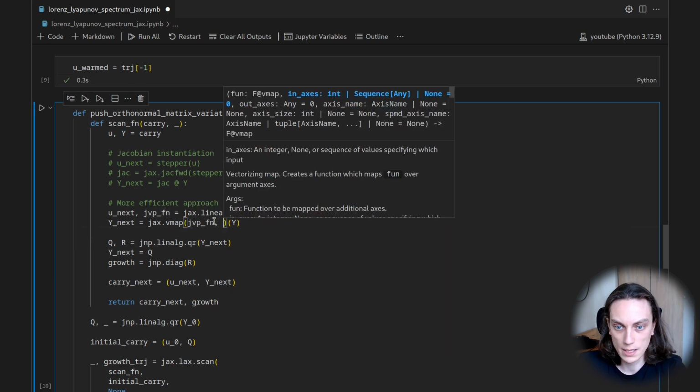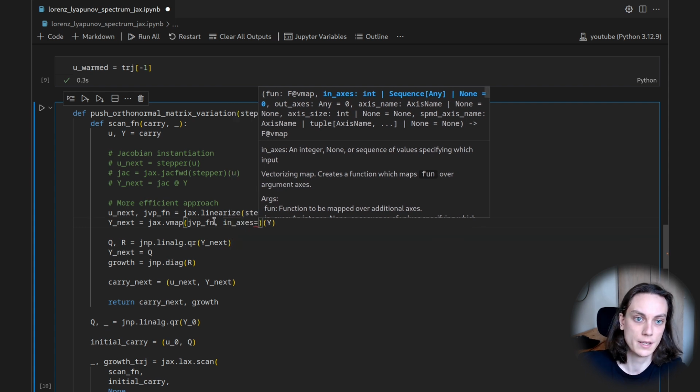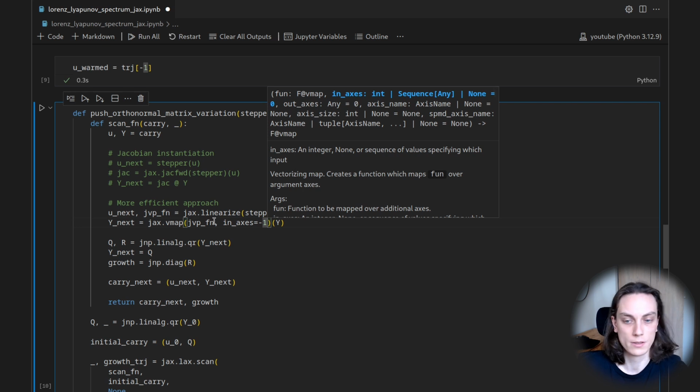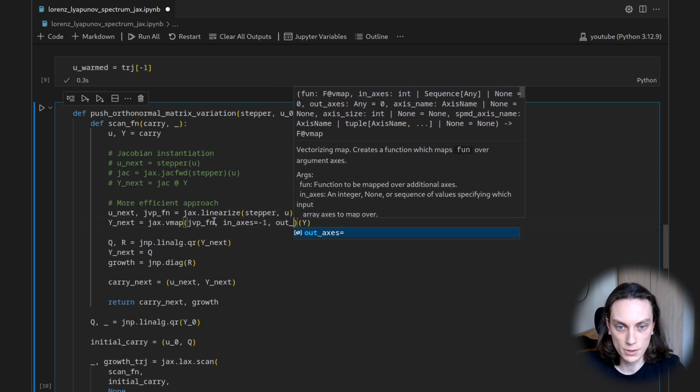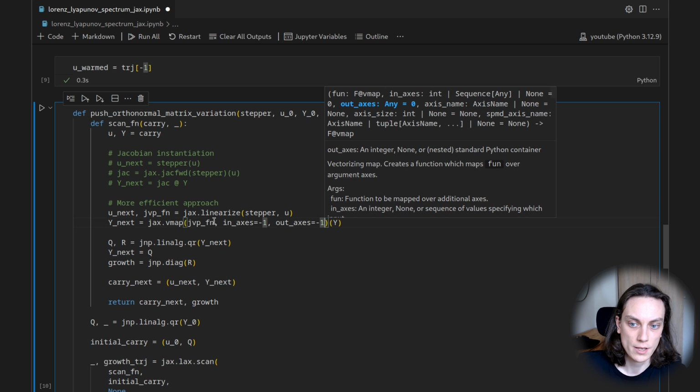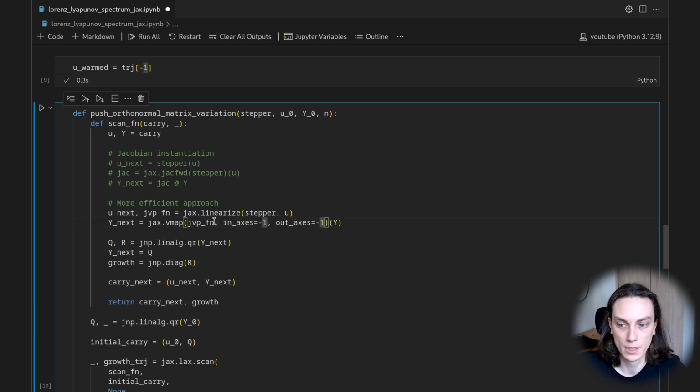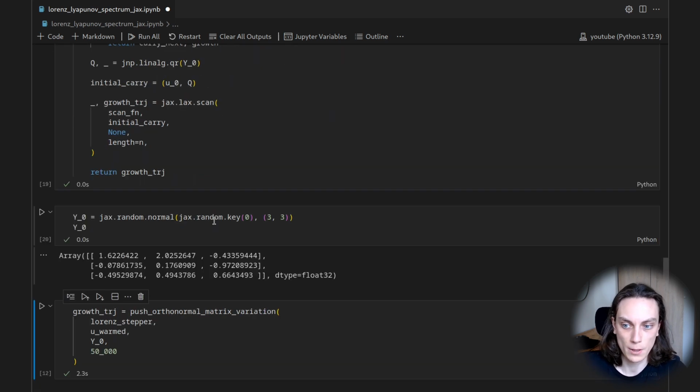So we're going to say in_axes, so basically this is the axis to vectorize over, is -1, because -1 is indexing it from the rear. So this is basically as if we were to plug in 1. And we also need to define the out_axes. And then essentially that works as if it is vectorized over the column dimension or column axis. So we can then re-execute that one and